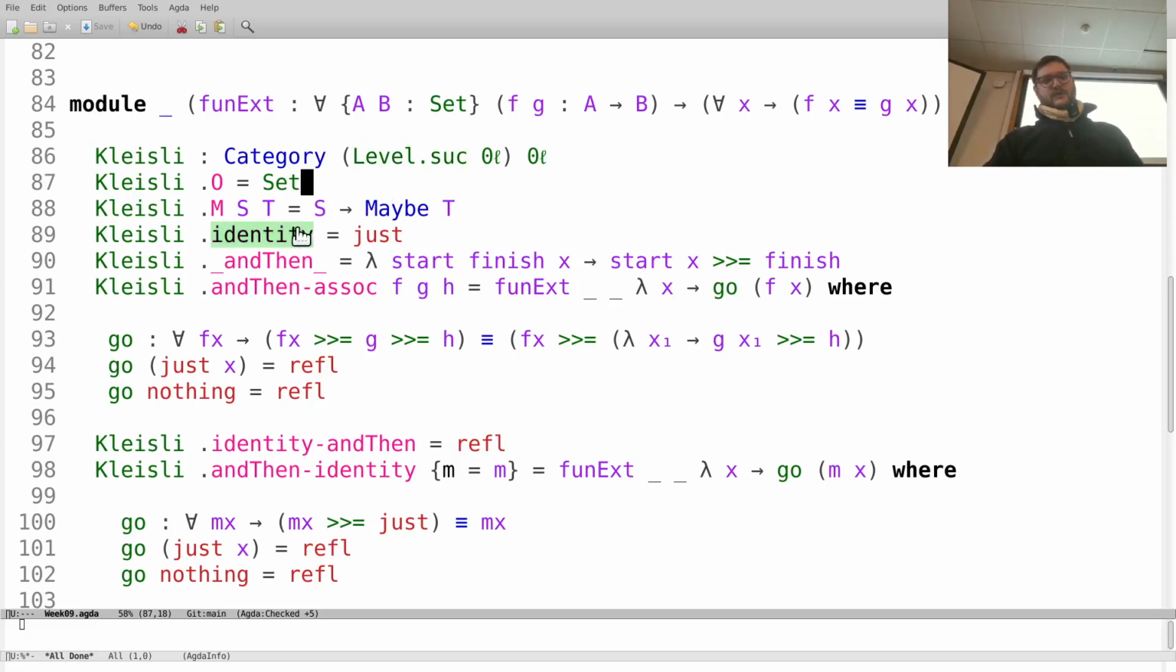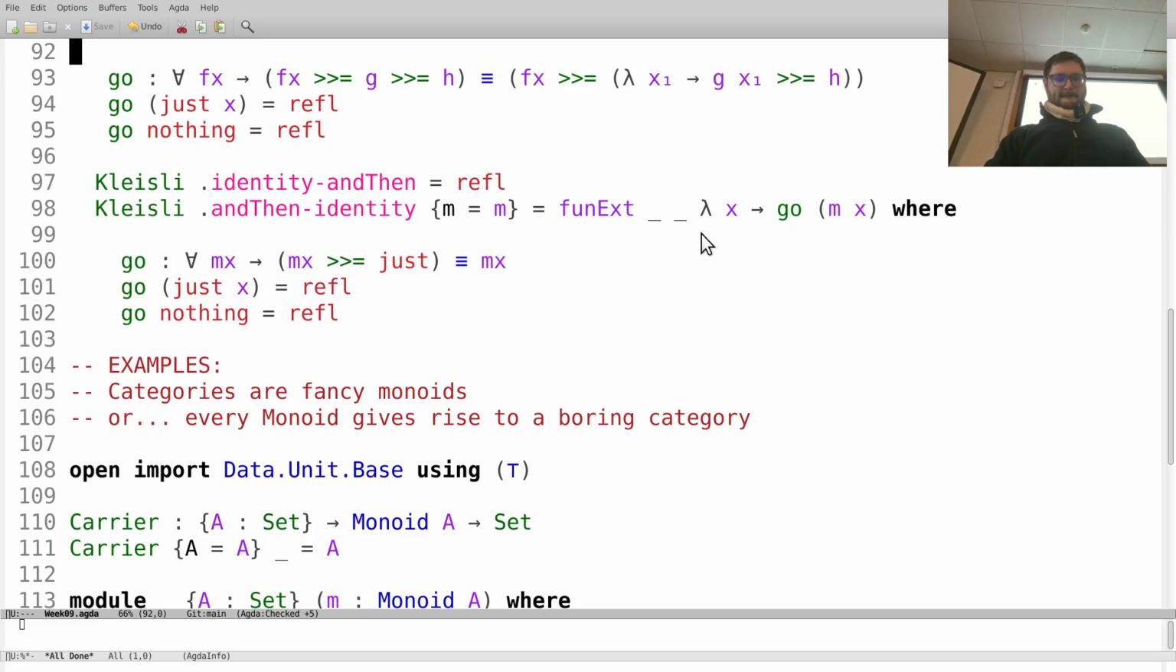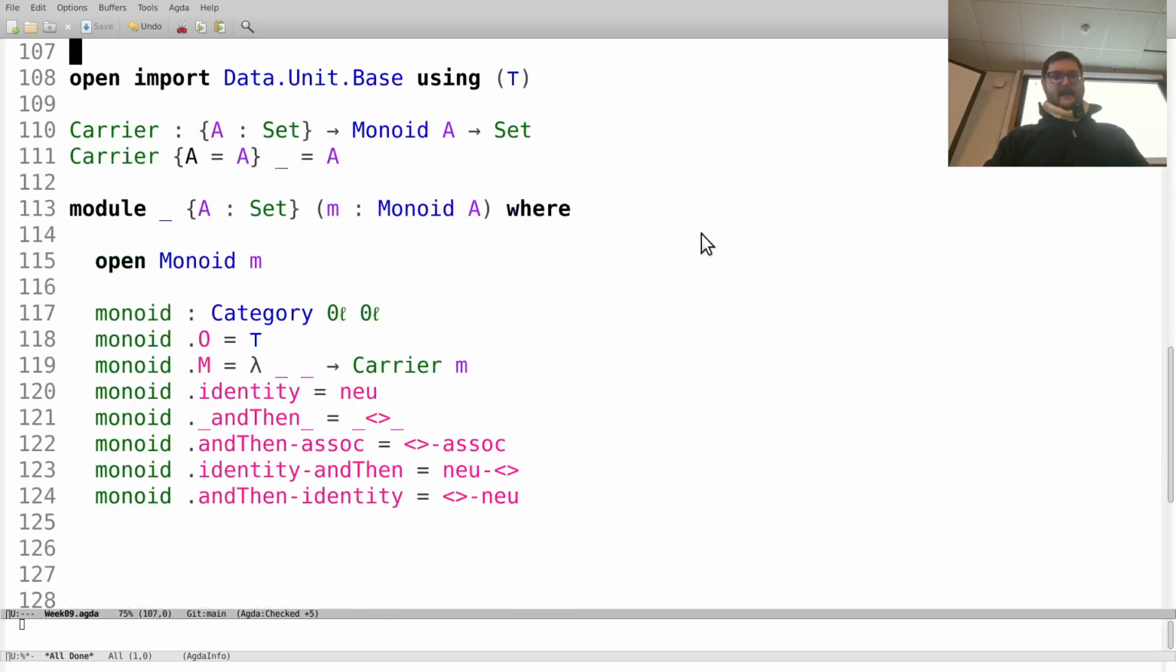And of course, because it involves functions, proving that this is indeed a category, that all of the laws are respected, was a bit annoying. So we had to use functional extensionality for this. Okay. And then